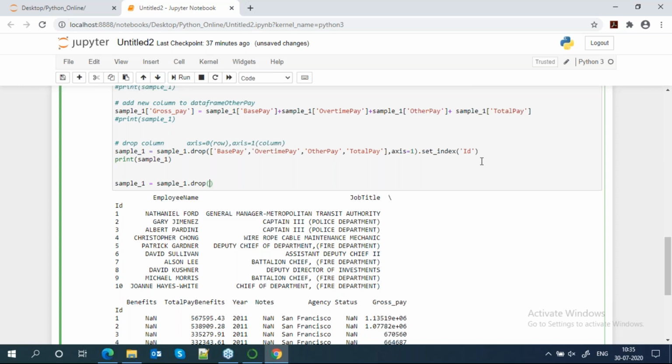Suppose let's start from this first record. Suppose we have to remove the first five records, the top five records. For that we are using iloc and loc. That I will cover after this. That will be sample dot drop, iloc or loc, slightly different.